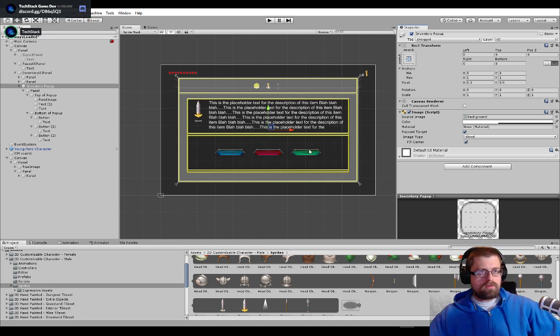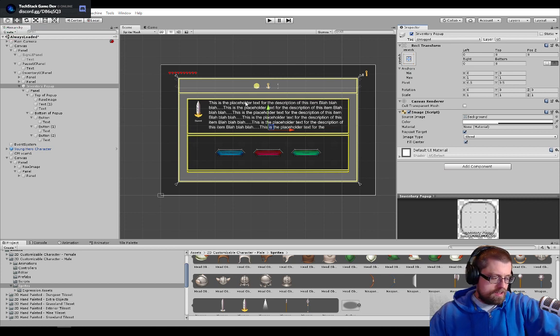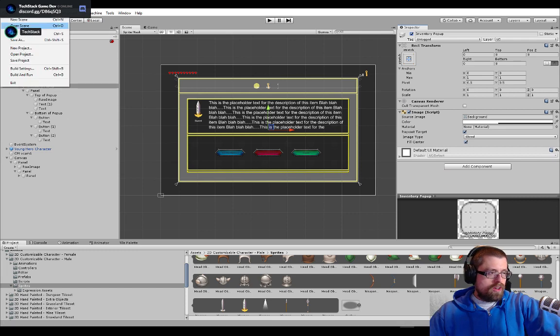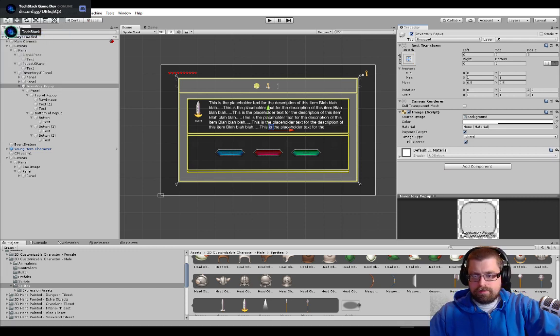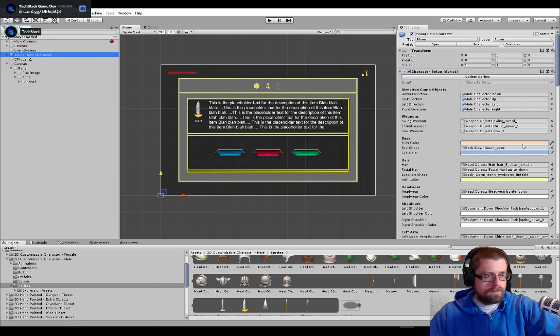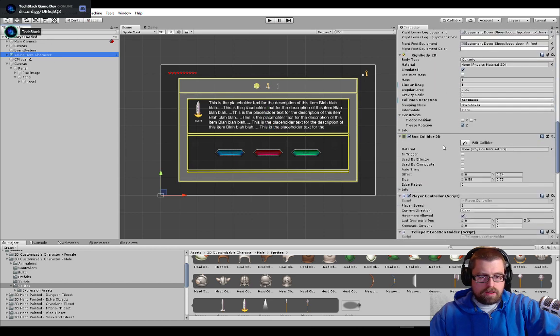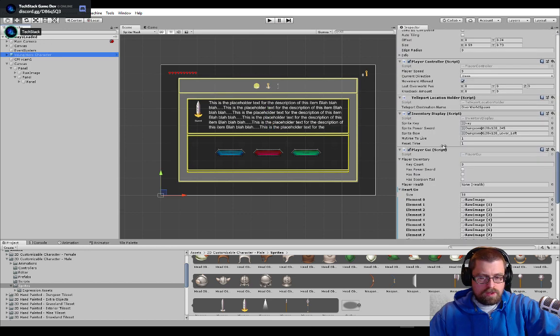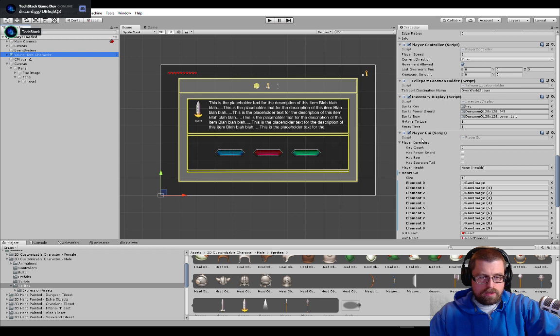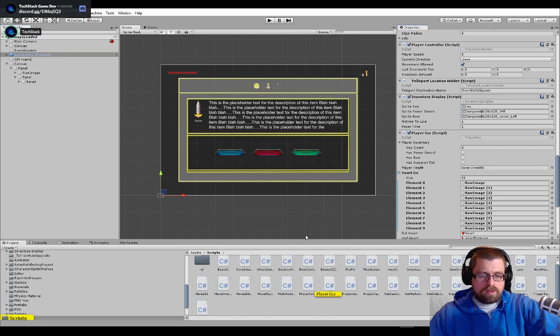Cool. Now my problem's going to be setting up my data structure to say what is primary, what's not primary, because I was a genius and didn't think this far ahead. Let me find my player. It should be in here somewhere. There we go. On my player, we've got an inventory something or another right here. So if I go to this,